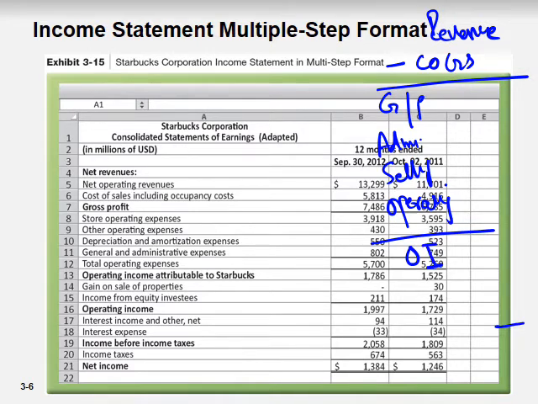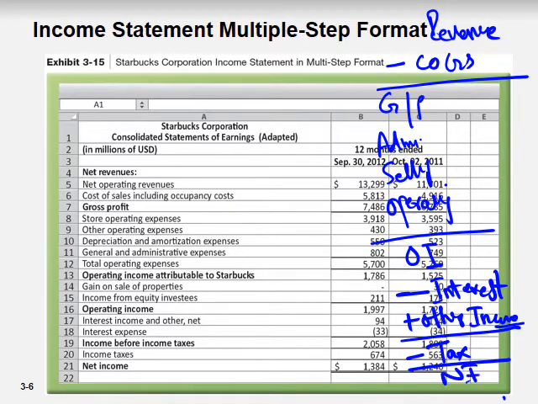So from operating income you add other income, you less the interest, and then you less tax. You find out net income, right? So in order to find out net income through multi-step,